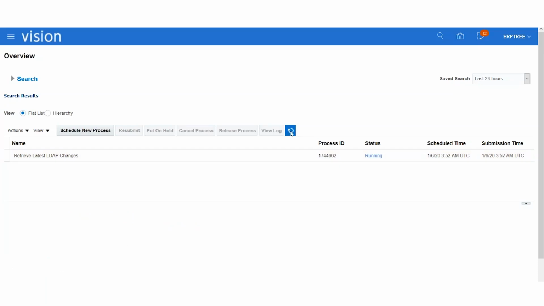It will take a couple of minutes, but when you submit this job, you don't need to wait to see the status of succeeded. Submit, wait for one or two minutes, and you can proceed. You can just assume that the synchronization happened, though the job state has not turned into succeeded. But after two minutes, you may log into that instance as a cloud ERP user. If you are still not able to see the privileges you are expecting because of those two roles, then definitely you have to wait to see the status as succeeded. If those changes are reflecting, okay, or else you have to wait to see the status as succeeded.